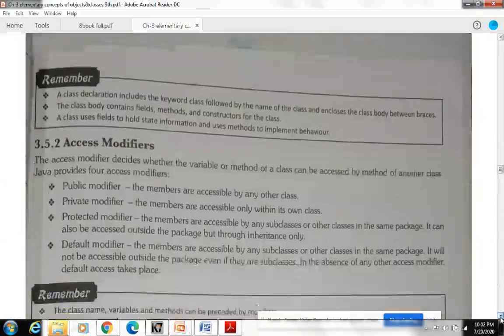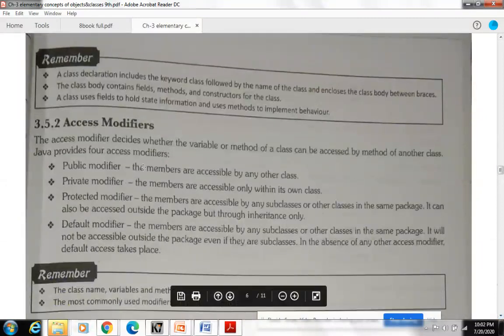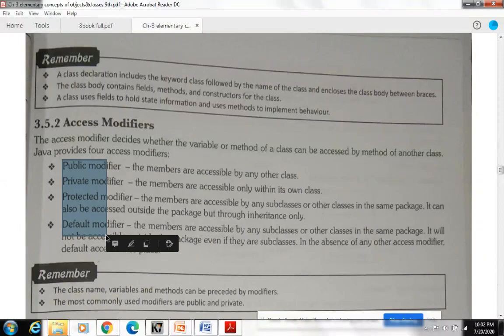Next topic is access modifiers. I explained this in the earlier sections also, and now again I am going to explain that these four are known as access modifiers. Access modifier means whether to give access to your class or not, because in the very first chapter we covered the features of Java. The main feature of Java is data security, data privacy. If somebody wants his data to be private, then it will not be displayed with the help of a program to some other person, right? In the program we give access with these modifiers.